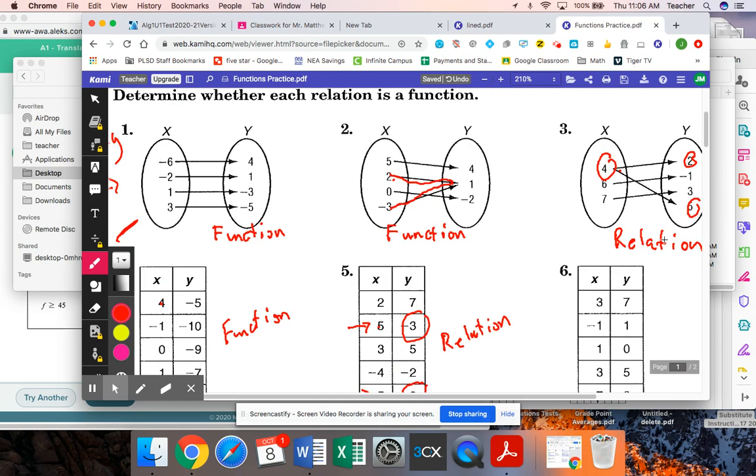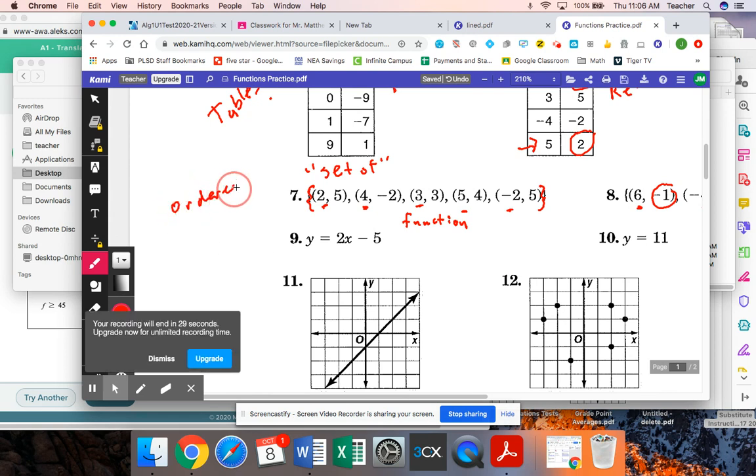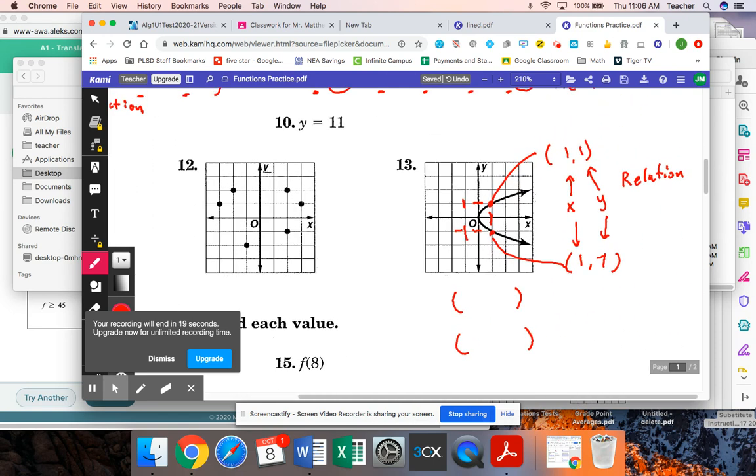All right. So if you were given a mapping, a table, or a set of ordered pairs, let me write that, ordered pairs, the idea is still the same, even if you have a graph. It's all the same. The idea also being, really quickly in the last 10 seconds, if I took a vertical line and I graphed it and I just slid it across this thing, if I drew a vertical line somewhere and it hit the graph in two different places, boom and boom, it is not